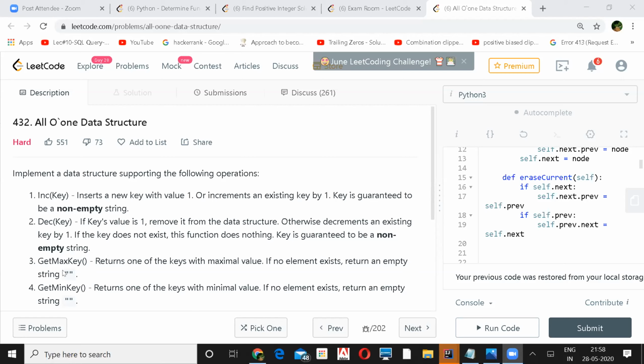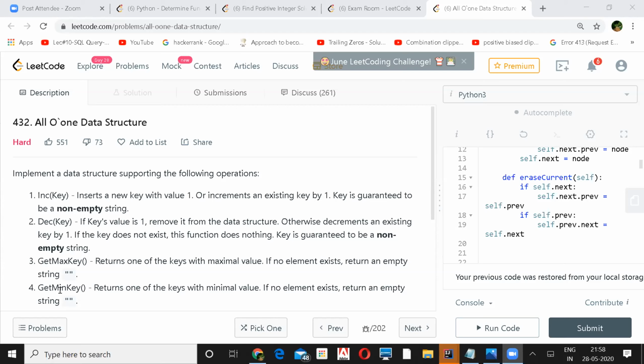But for getting the min, again, it will take order of n operations. Min will be present at the leaf in the max heap. Min element should be present at the leaf of the max heap. So I need to traverse to the leaf and then bring it to the top.